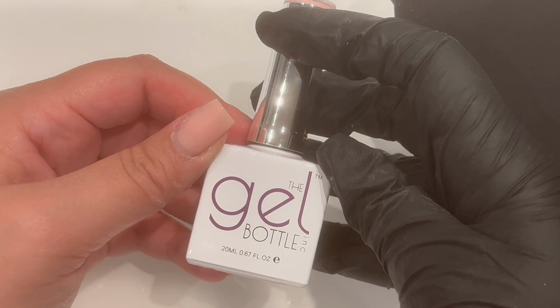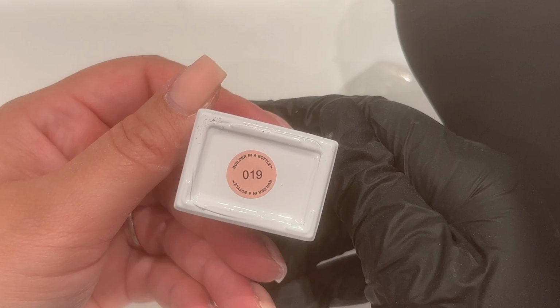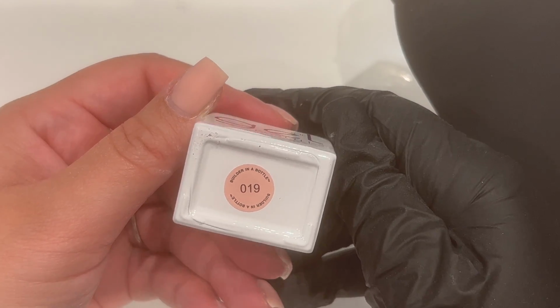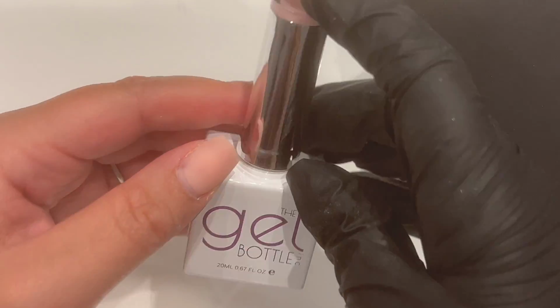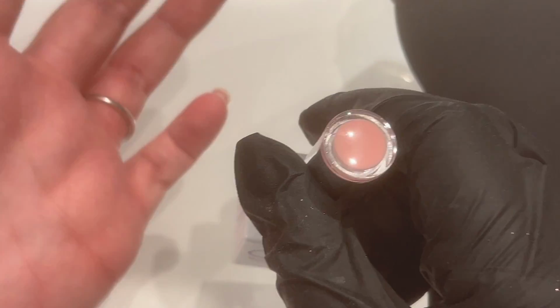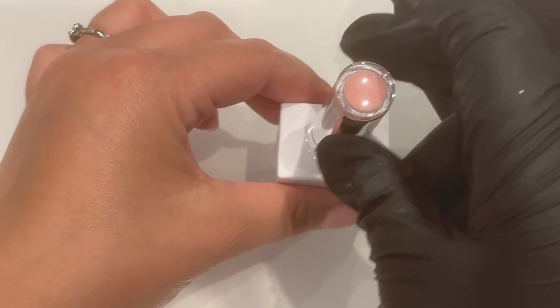So now it's time for the builder gel infill. So I'm going to be using the Builder in a Bottle 019. This is my go-to favourite at the minute. It used to be Teddy, but now it is definitely this one. I just think it's a lot more kind of natural. You'll see when I do